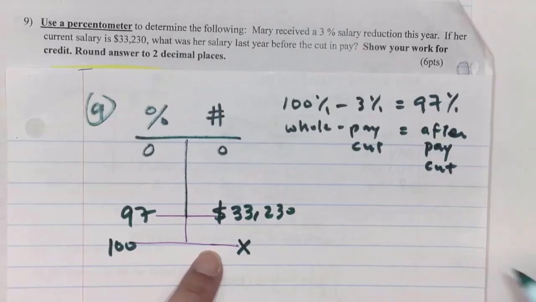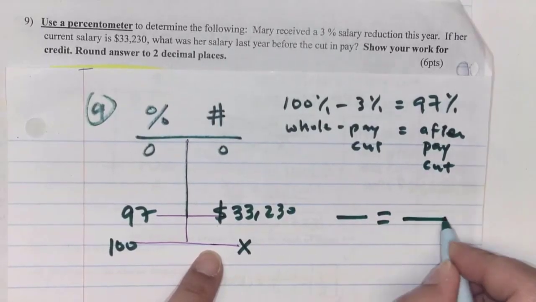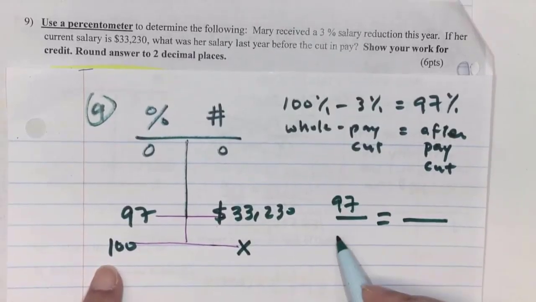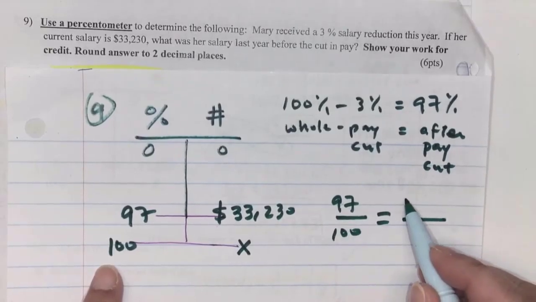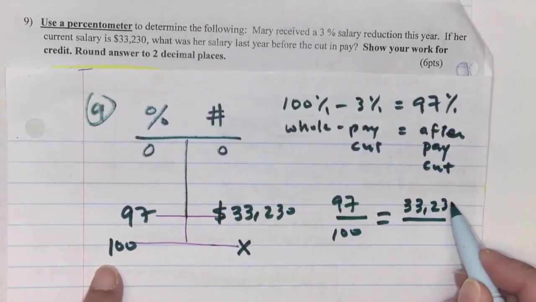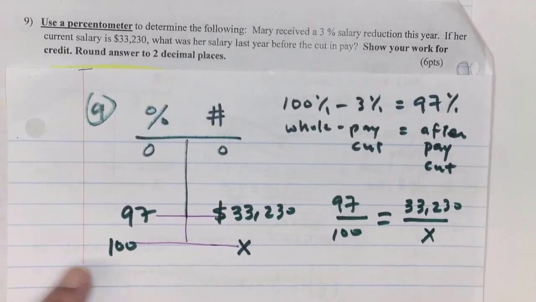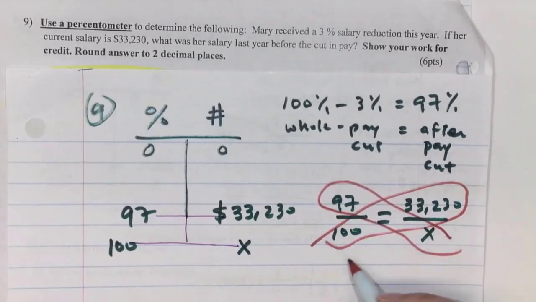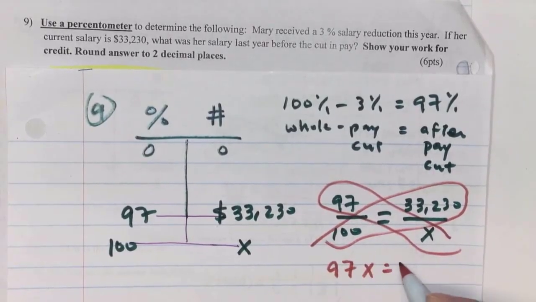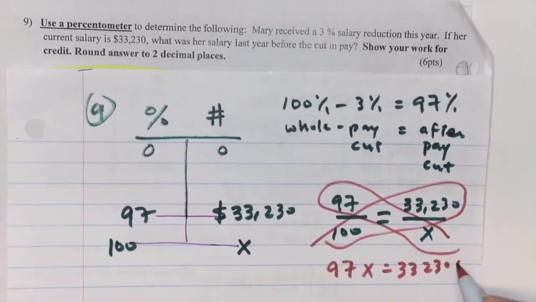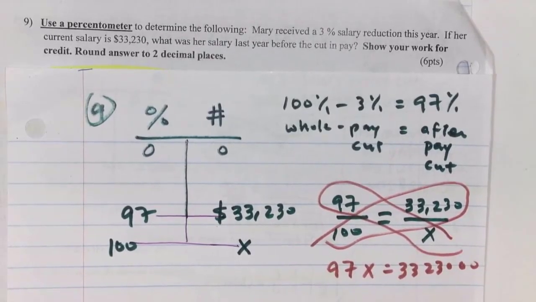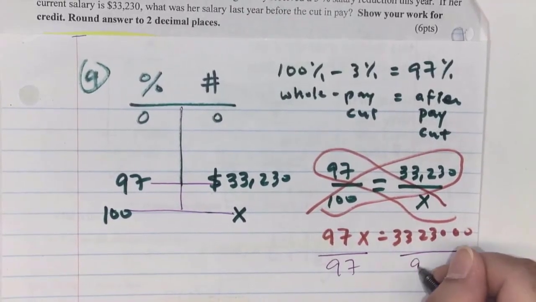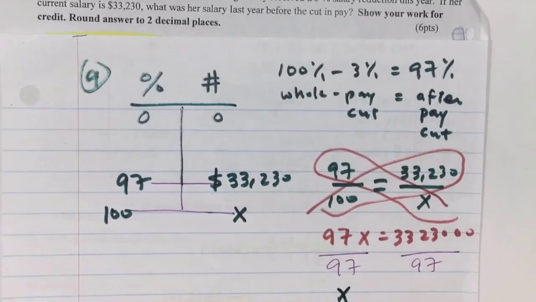So help me to set up the proportion here. So on top we have over equal to over, and then cross multiply, right? So 97x equal to 33230 and 2 more 0s. Both sides need to be divided by 97. Anybody have the answer? X is